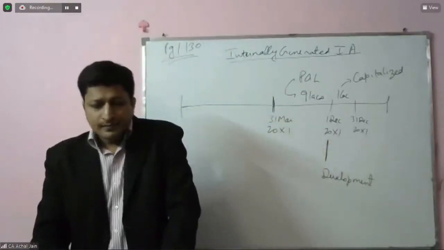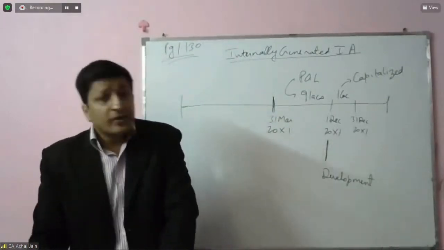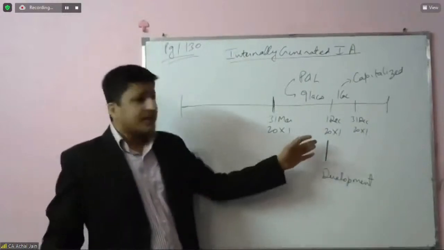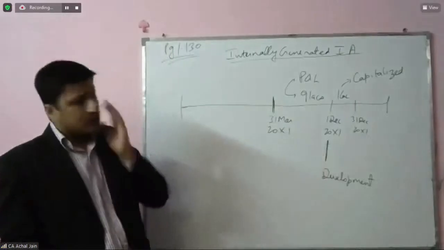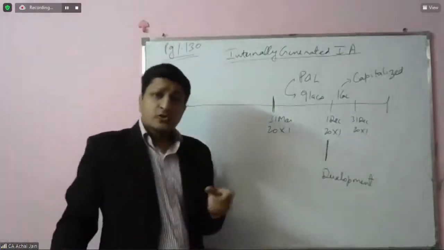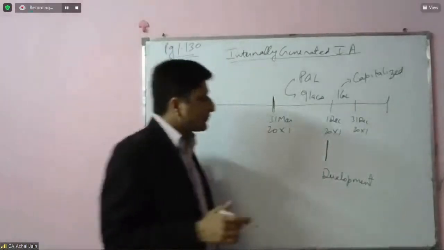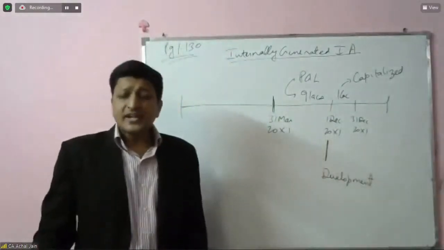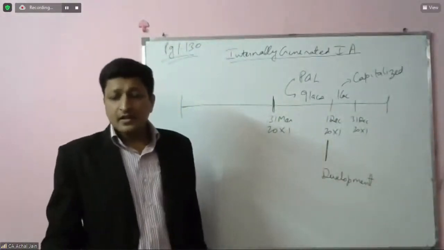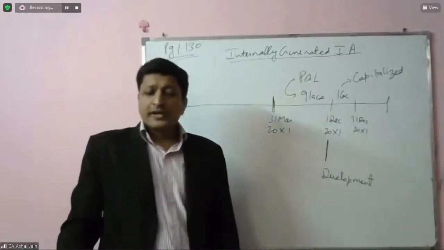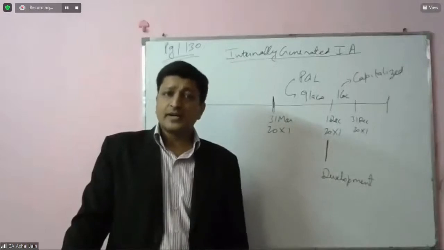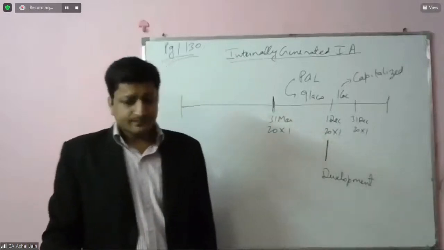Okay. Now, moving on to the next year. During the year X2, so we are looking at calendar year. I think this is the calendar year which they have given. So during the year X2, expenditure incurred is 20 lakhs. At the end of X2, the recoverable amount of the know-how embodied in the process is estimated to be 19 lakhs.